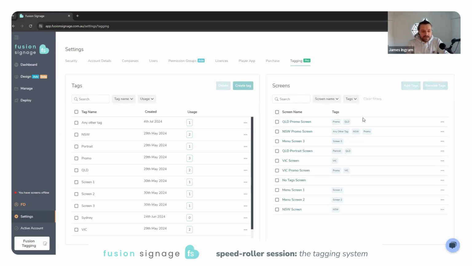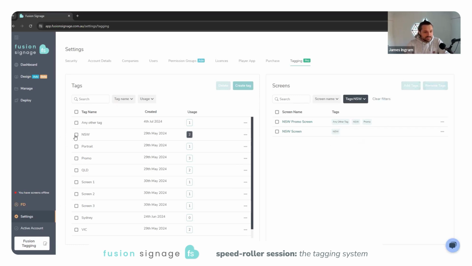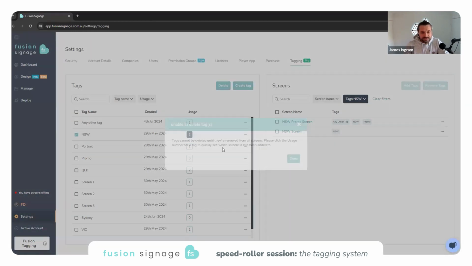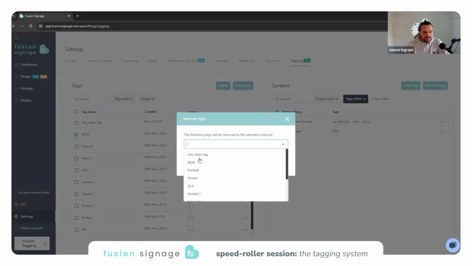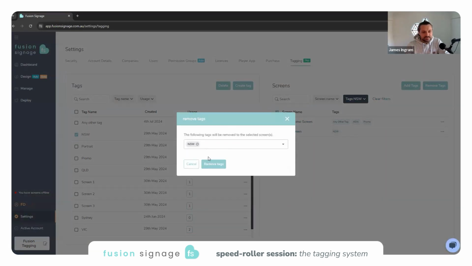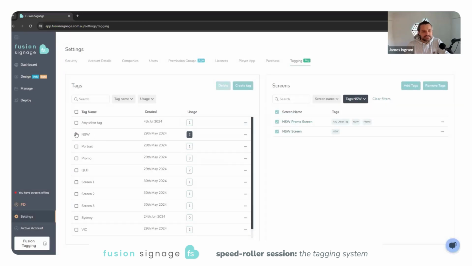the playlist. So if you want to delete some tags as well, they have to be deleted from the screen first, because we don't want to be able to sit in here, say this tag here is used on 200 screens, somebody to come in and press delete, because it would just be too easy to mess up the content that's being displayed on those screens. So when you try to delete this, it'll give you a warning on the next step that's saying you can't delete it. So we'd actually need to tick on here, press the remove tags, find the tag that you want to remove, which would be New South Wales, remove it, and then delete it. So it's just a safeguard to prevent issues with accidentally deleting a tag, which then messes up all the tag